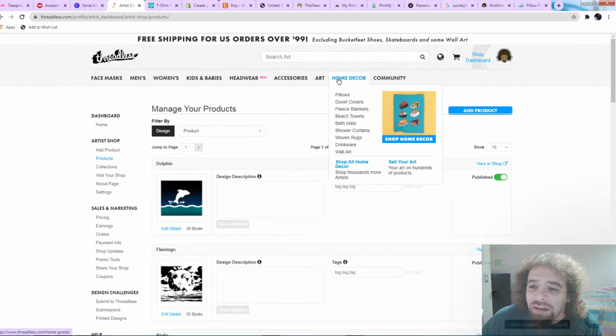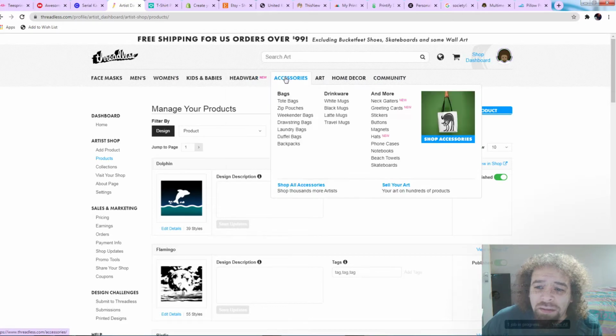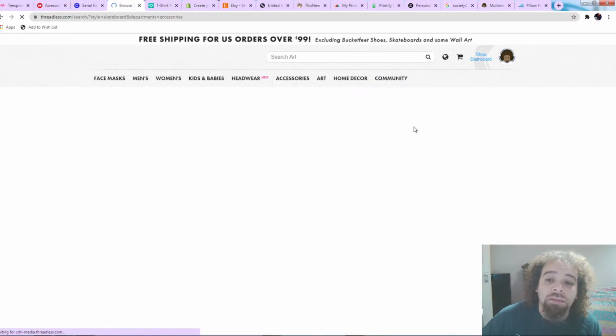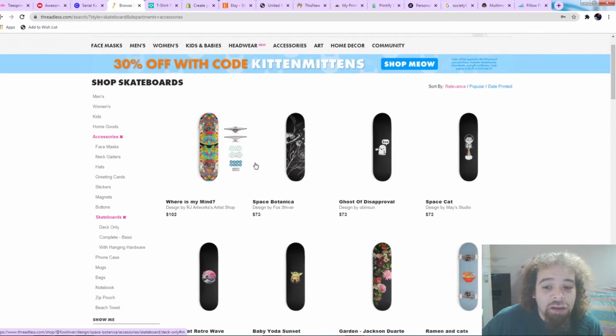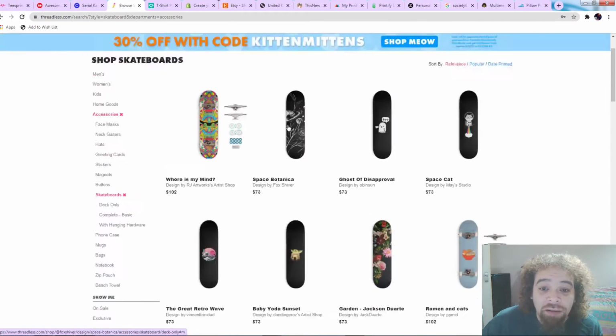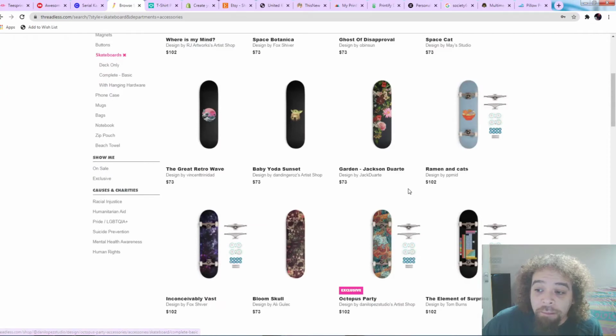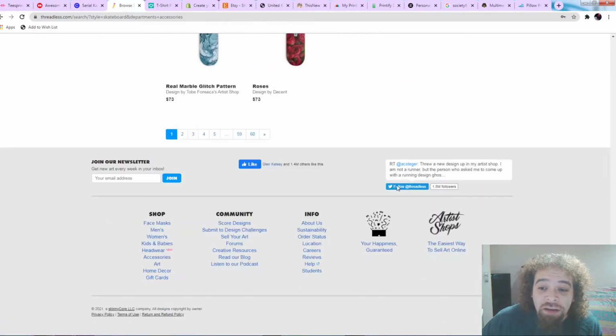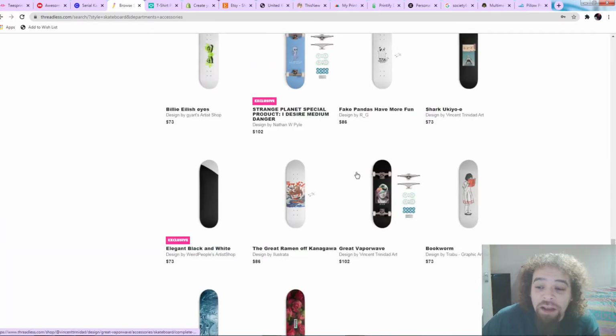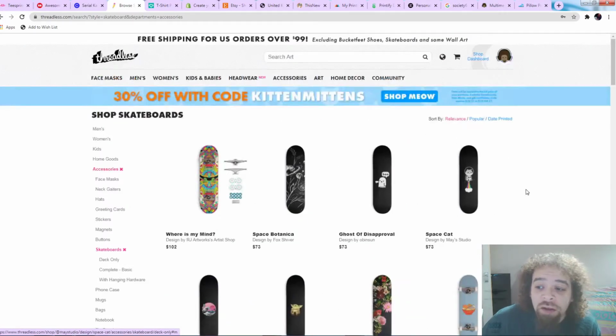Accessories. Where would that be then? There we go. Skateboards. Boom. So you don't get these on RedBubble, and you can see there's tons, and I think there's a few skateboard options as well, so you can just do the deck only or the complete skateboard. So you've got a bit of freedom there when you're designing these things, and that's what I like most about